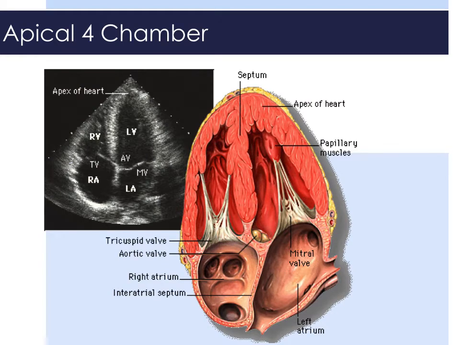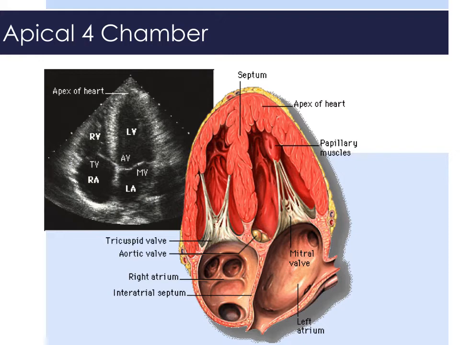The apical 4-chamber view is obtained by placing the transducer in the fourth or fifth intercostal space with the orientation notch facing the patient's left shoulder, somewhere between 2 or 3 o'clock. In this view, we can